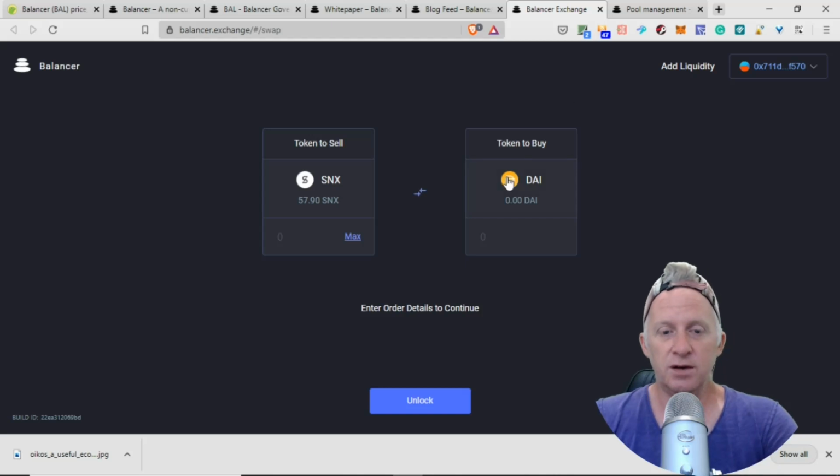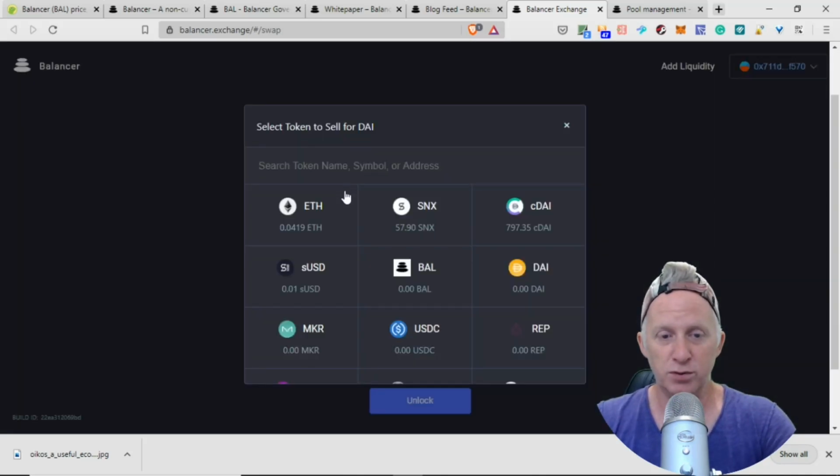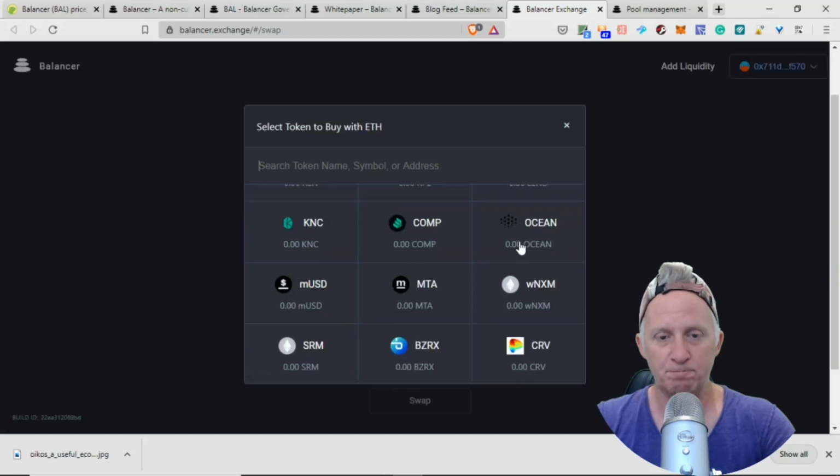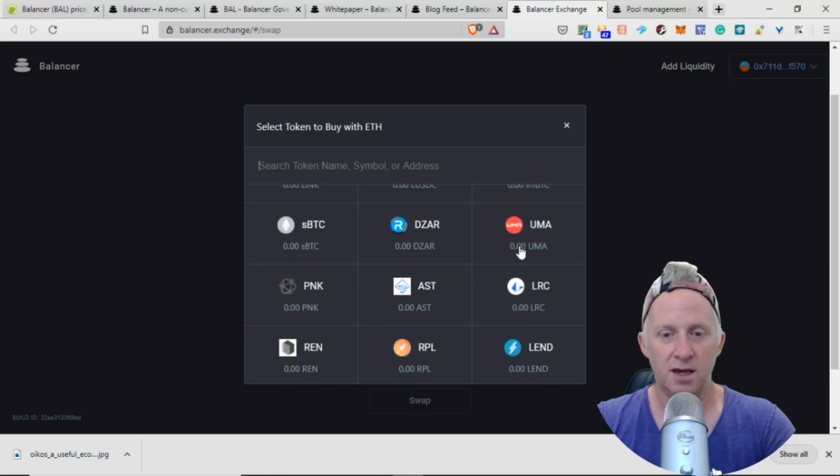As you can see here, you can simply swap tokens for one another. Nothing extraordinary straight off the bat, because there are so many solutions out there that let you swap one token for another amongst the pool. So you can swap ETH for USD, but the trading pairs are very limited. They don't have much. As you can see, 3, 6, 9, 12, 15, 18, 21, 25,